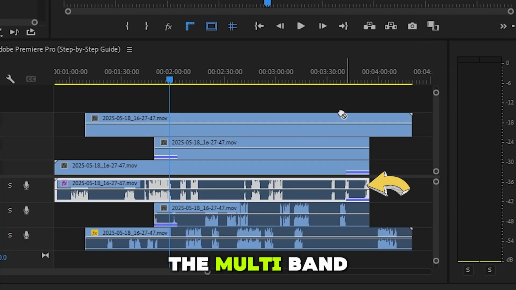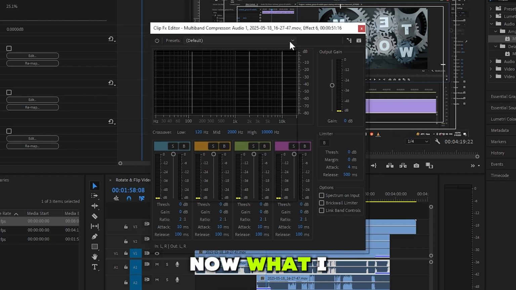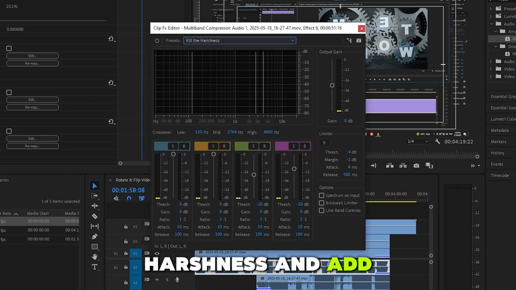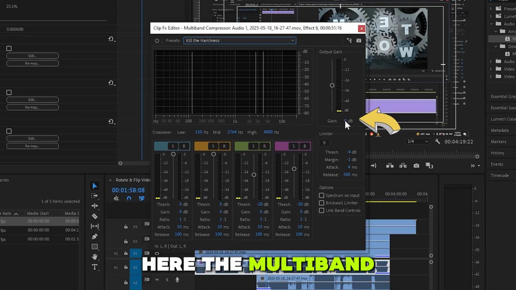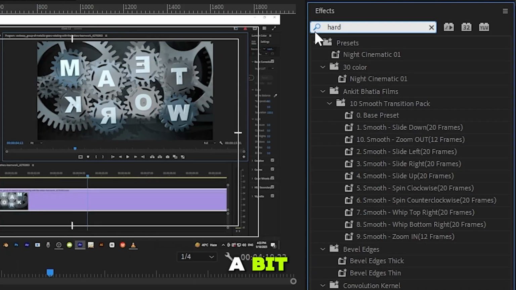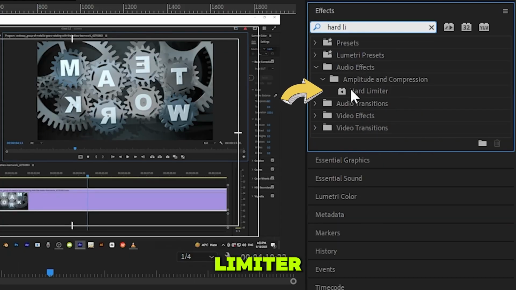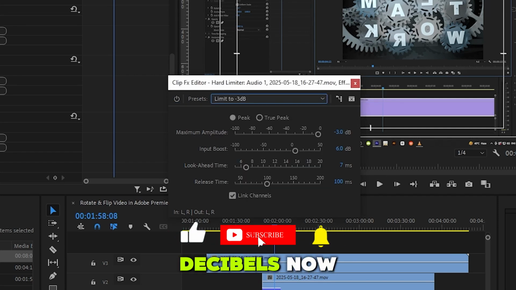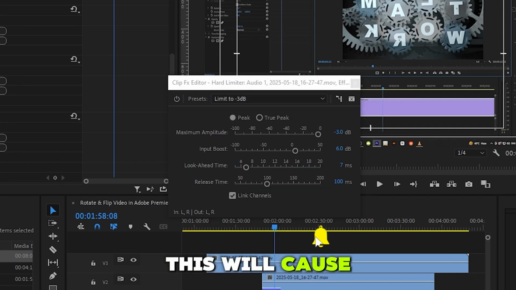Then we have the multi-band compressor. Now what I usually do is set the preset to kill the harshness and add 2 decibels here. The multi-band compressor compresses the voice and enhances it a bit. The final effect is the hard limiter. We'll always want to put this to limit to -3 decibels. Now this will cause the audio to not peak above -3 decibels, so the volume that is too loud will